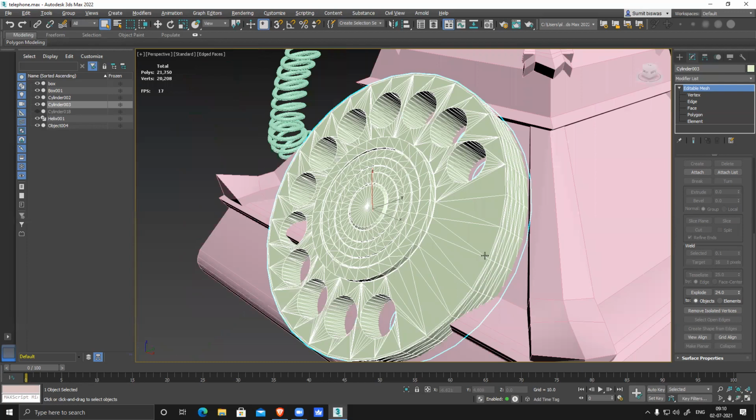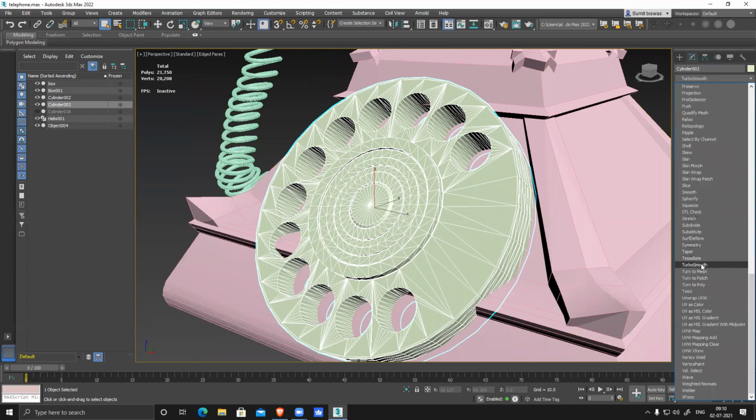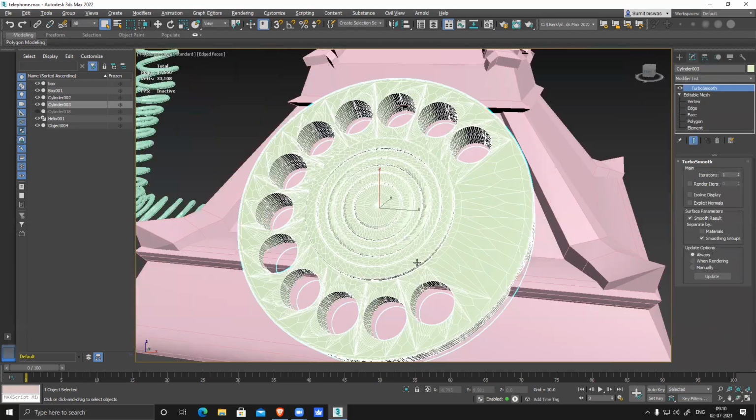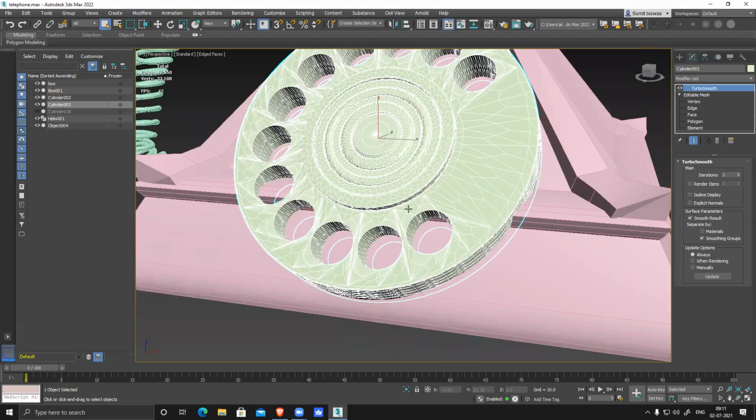So now my mesh is all triangulated and it has all the supporting loops. And if I apply a turbo smooth on this, you can see with smoothing groups it will be super clean. For the low poly, we don't need so many triangles. No, low poly we don't need it. Low poly needs to be kept as quad as much as possible. This cannot be converted into quads directly, but there is a trick. Yes, we can use this model and create a quad mesh within Max.